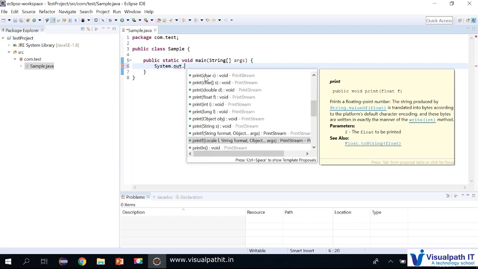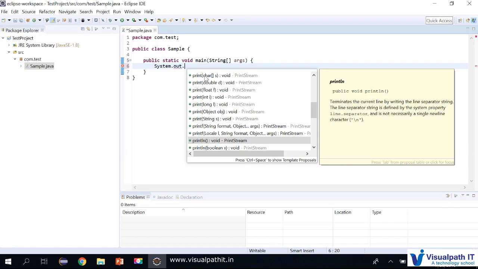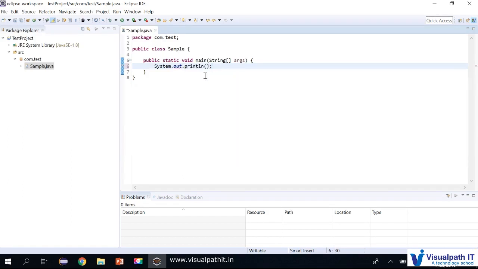We'll get to know all these methods once we get into more details. I'll explain all these methods, you don't need to worry now. For now, we just need to print hello world. That's it. I'm done with the programming of